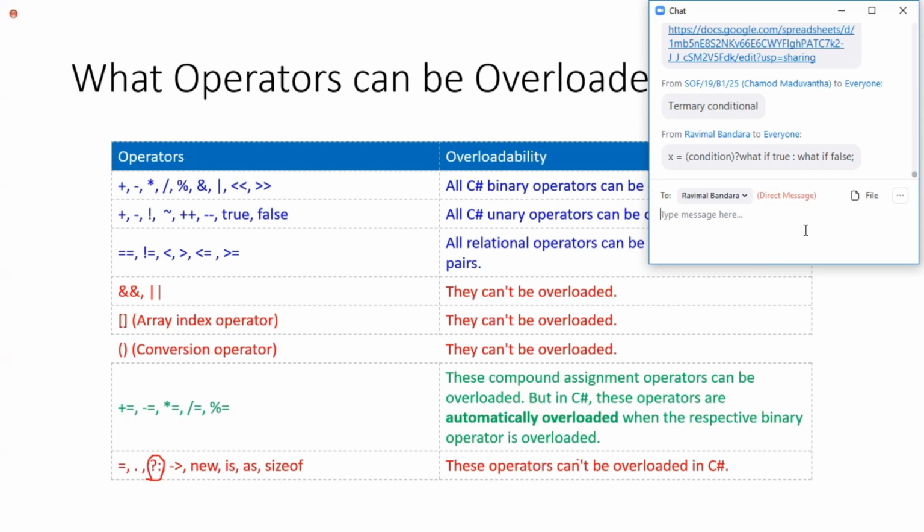Anyway, this cannot be overloaded, right? So it doesn't matter whether you know it or not. And also this one, we typically use the point operator. This is also not usable. The new keyword cannot be overloaded. It is an operator, you cannot overload it. The as operator also cannot be overloaded. Sizeof is another operator you can't overload, right? But anyway, think how many operators you can overload, and see how many operators will be overloaded by the system for yourself.